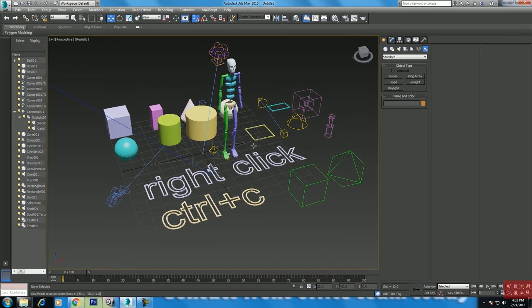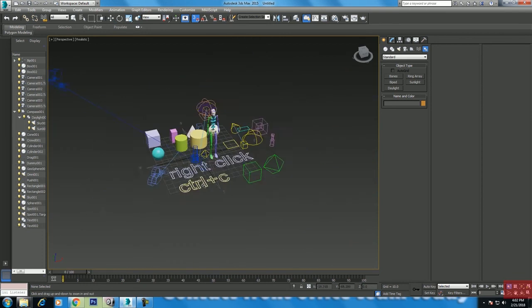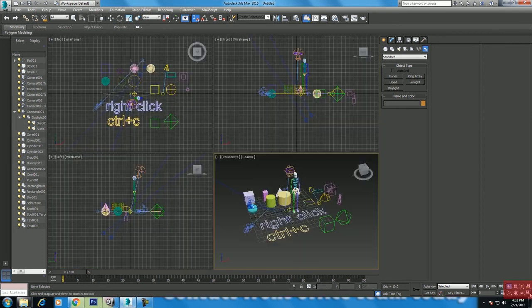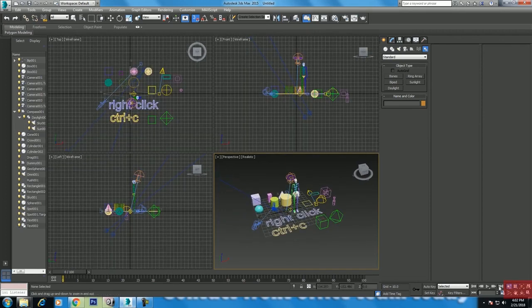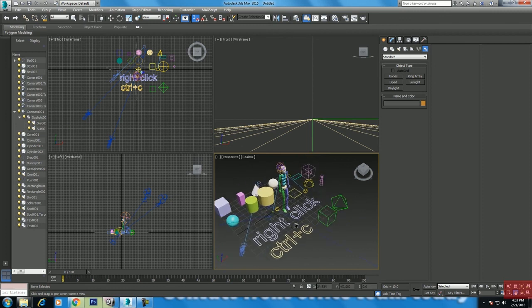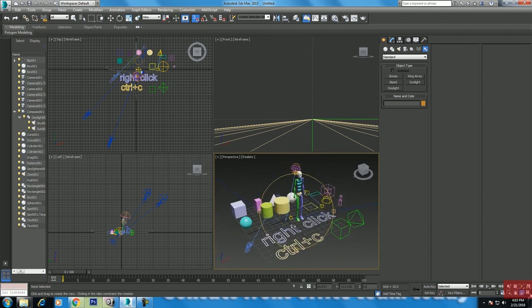Finally, in the bottom right portion of the screen, there are two rows of icons for viewport navigation. These are essential for properly viewing the scene, zooming, panning, and orbiting around. See the movie entitled Navigating the Scene.